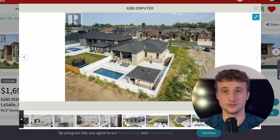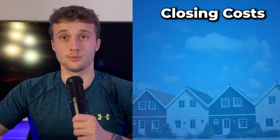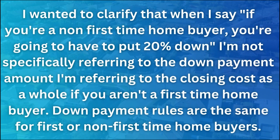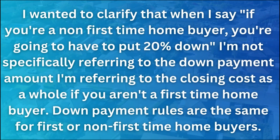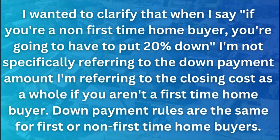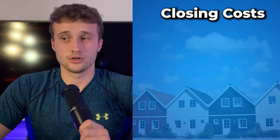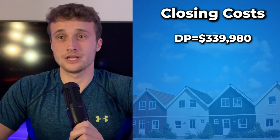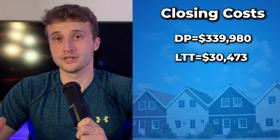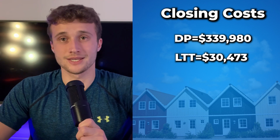Now let's see how much cash you'll need up front to close. So if you're not a first-time homebuyer, you're gonna have to put 20% down payment minimum, since the purchase price is over $1 million. So that down payment is going to come to $339,980. Land transfer tax of $30,473. You don't have any mortgage default insurance, so you're not going to have a PST tax on that at